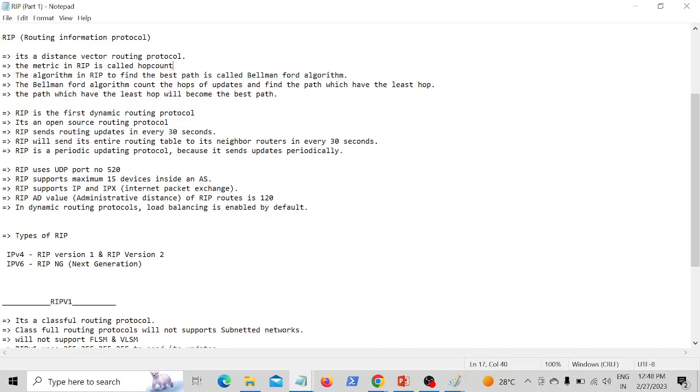Okay. Next, the Bellman-Ford algorithm counts the hops of updates and finds the path which has the least hop. This Bellman-Ford is going to count the hops of the updates, and it's going to find the best path which has the least hop. Least hop means the nearest way. So it is going to find the least hop, and the path which has the least hop count will become the best path. Like, for example,